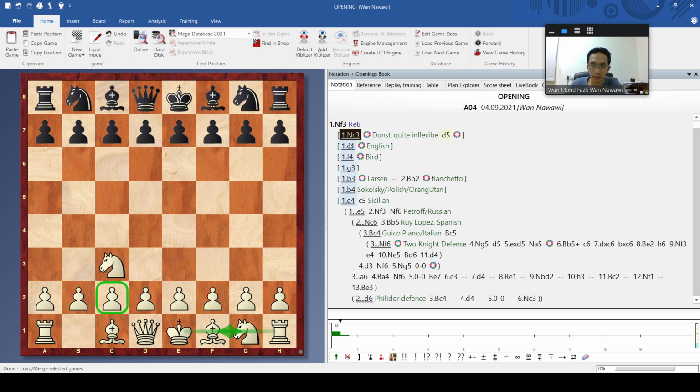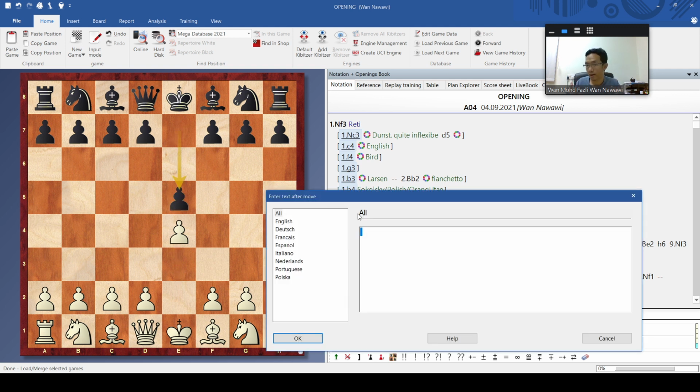If the game starts with E4, E5, we call it the double E-pawn game, or just E4, E5, and we classify it as open games. So that is just classification.